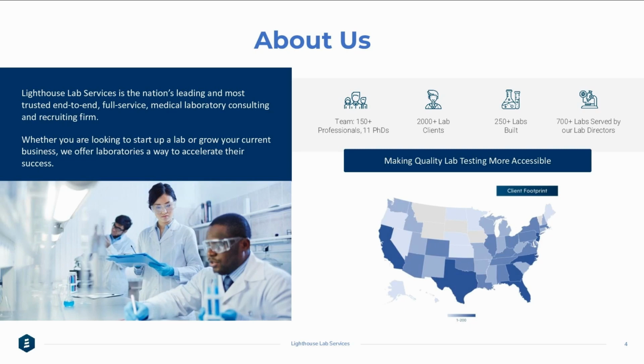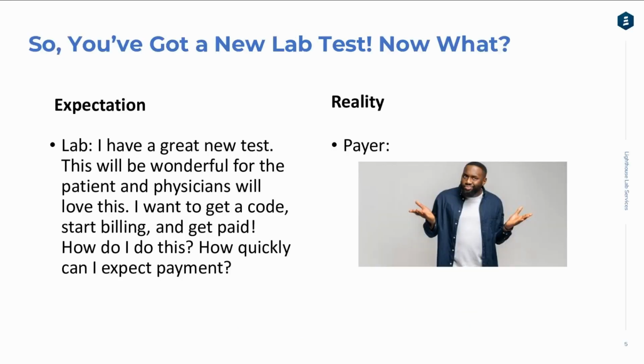And now with that, I'm going to go ahead and turn things over to Ann. Thanks, Alex. I am really excited about this presentation today. I'm really excited to hear Lena and Alva 10's discussion on the coding and development of potential reimbursement for new lab tests. When I was asked to put together some slides right away,